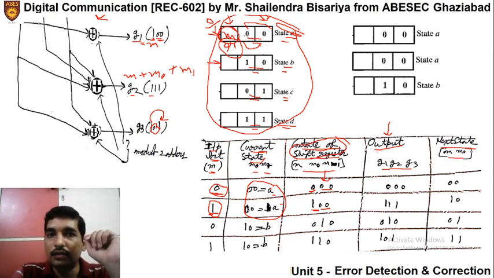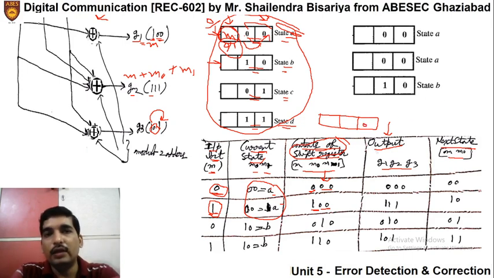In the next case, this M will shift from here to here. So what will be the structure? In the next case, if the initial state is 0 0, then this 0 will shift to this side, that means this 0 will come here and this 0 will move out, and this M will come here. So the next state will be M0, where M may have the value either 0 or 1. So the next state will be M0, meaning either 0 0 or 1 0, right? So we will define the next state here.